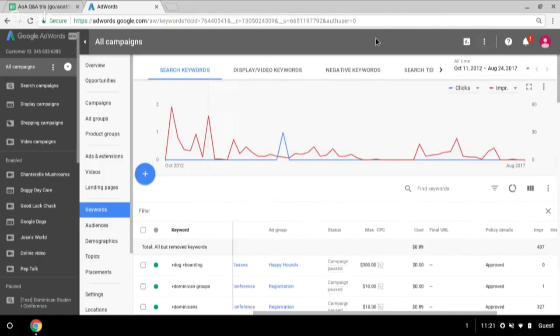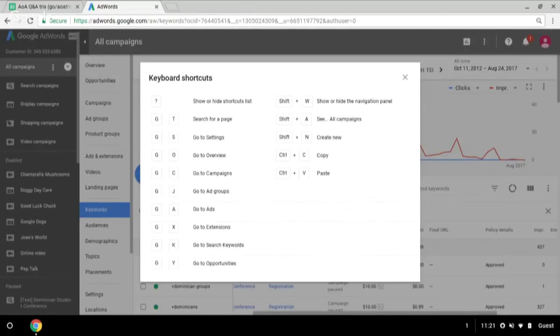One last cool navigation tip before we dive into some campaign creation and reporting. There are keyboard shortcuts in the new AdWords experience. What I mean by this is that when you're in AdWords, you can actually type shortcuts on your keyboard to get to different pages. The most helpful shortcut is the question mark. When you type a question mark on the keyboard, you'll get a list of the available shortcuts to go